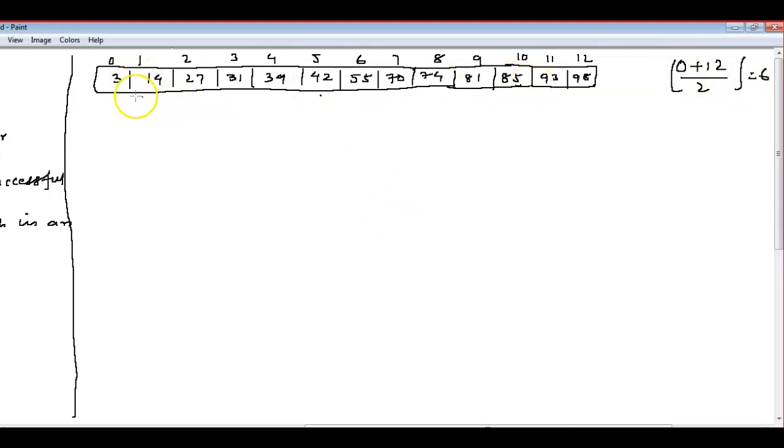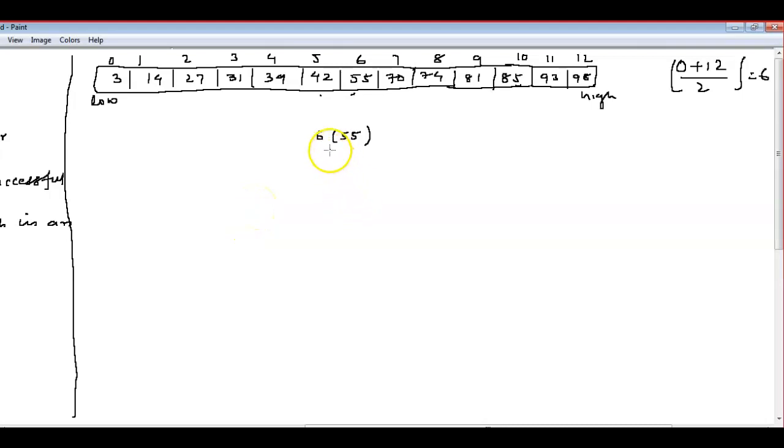Okay, 0 means lower is this and higher is this. So low plus high by 2 means you are taking the position: 0 position, and this is the 12th position, totally 13 elements, we started from 0. So 0 plus 12 by 2 is 6, right? Check the 6th position, what is it? This one, 55. So we will write position number 6, and in the bracket you write 55 as the value. Getting here?